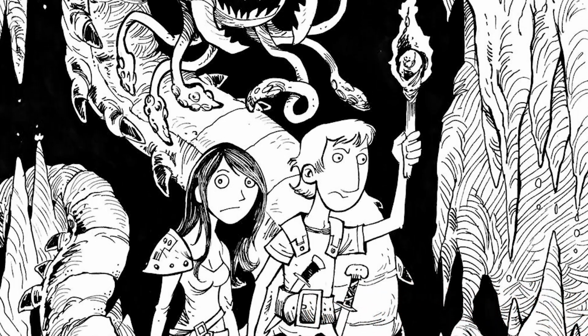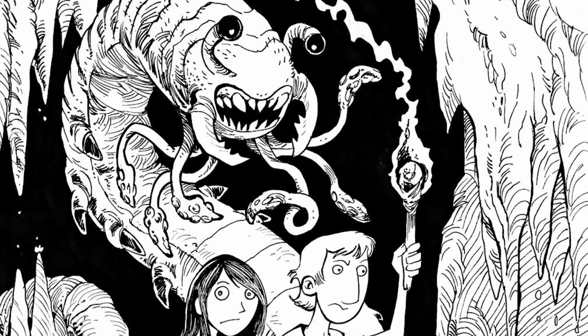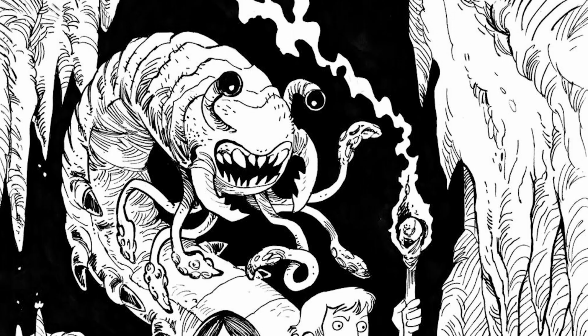Its first feature is keen smell. The Carrion Crawler has advantage in wisdom perception checks that rely on smell, which means the minute he catches a whiff of you...